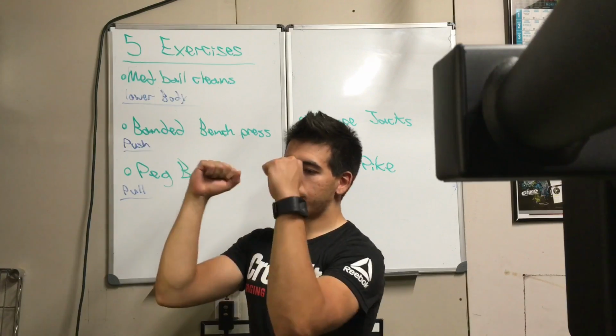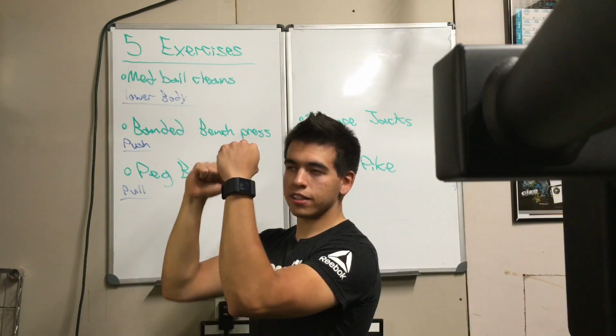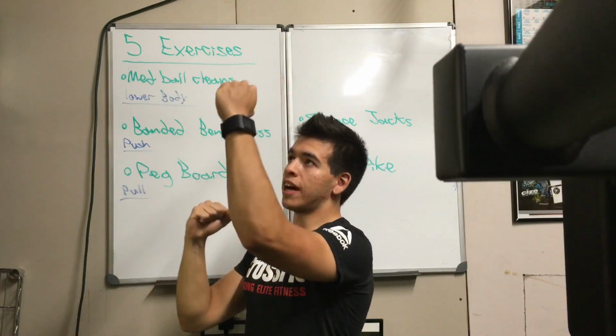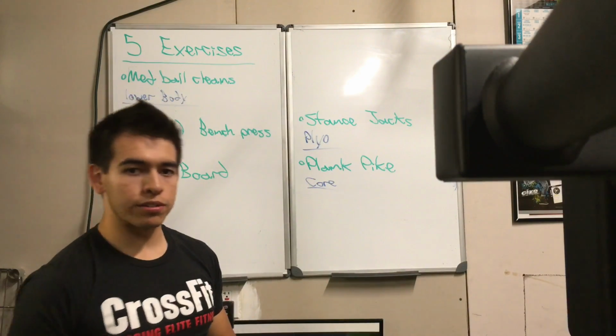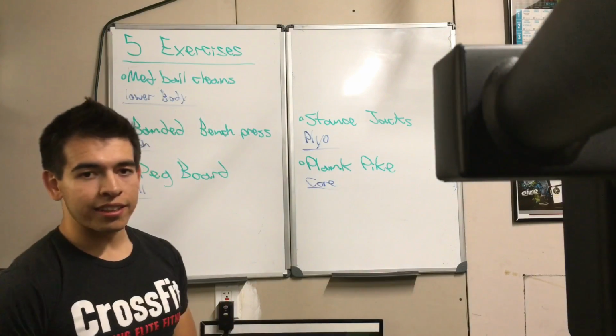Now with this, you're using the biceps to keep those arms at a 90-degree angle. You're just using those lats to try to survive and get up that pegboard. Now you'll probably see that on Ninja Warrior in those various stages, but going on to the next exercise is